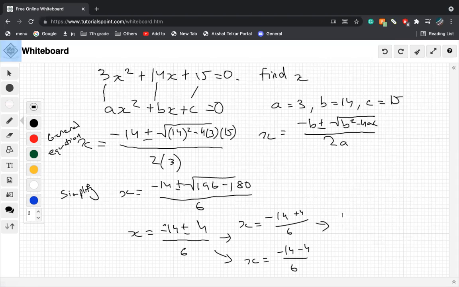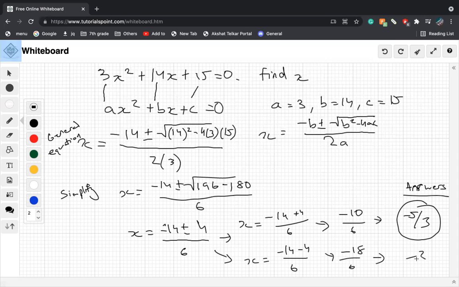Obviously, you want to factor this out. That would be a negative 10 over 6 and negative 5 over 3 as one of your answers. Put answers here. And then this one would be a negative 18 over 6 and negative 3. Okay, so that's how we use a quadratic formula in order to actually know how to solve these hard equations,